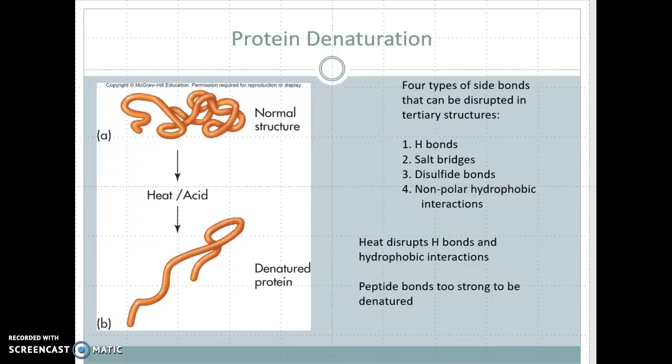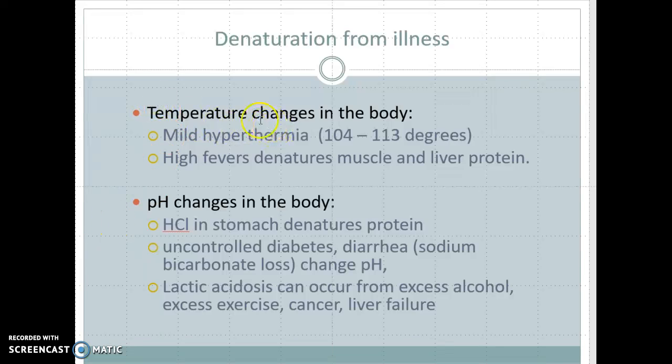And why is that important? Well, you can get illnesses. So if you have a fever, that's why it's dangerous to have a high fever, because it can actually denature muscle and liver proteins, and it can cause death. If you have too much acid in your stomach, you can denature proteins. If you have diabetes and you're not taking insulin, you can get a very low pH in your blood, and